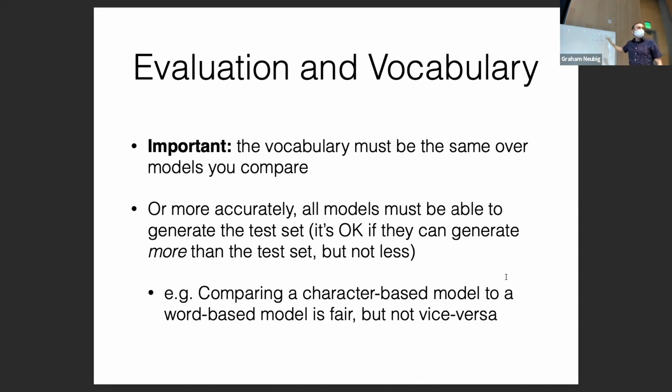So if we ask our character-based model to generate "I am from Wilmerding," and we ask our word-based model to generate "I am from Unk," it's a lot easier to generate "I am from Unk" than it is to generate "I am from Wilmerding." So basically,